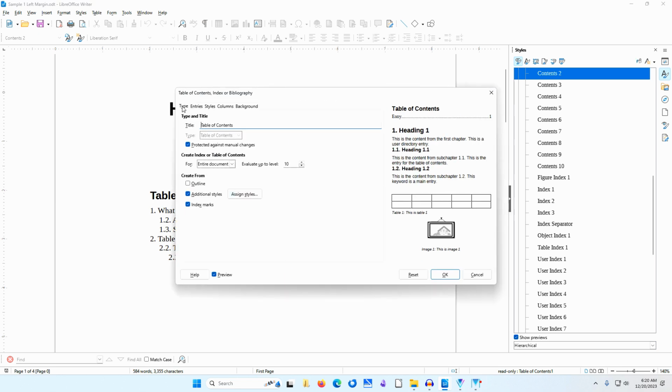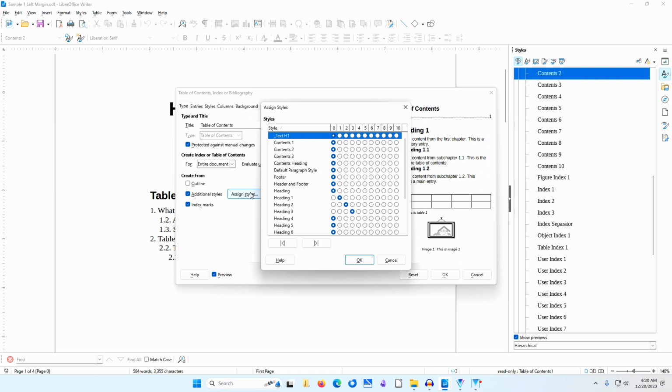I'll go to the Type tab. In the Create From area, I deselected Outline and selected Additional Styles. Then I clicked on Assign Styles. In the dialog that appears, radio buttons appear in columns under a series of numbers indicating the tab positions of the table of contents. For Text H1, I selected the radio button under 0 so it would not appear in the table of contents. For Heading 1, I selected the radio button under 1 so it would